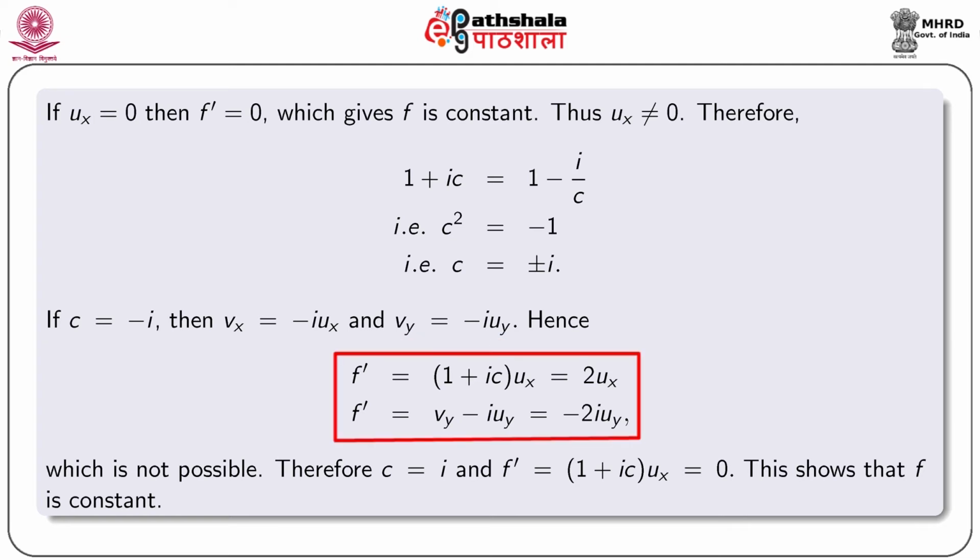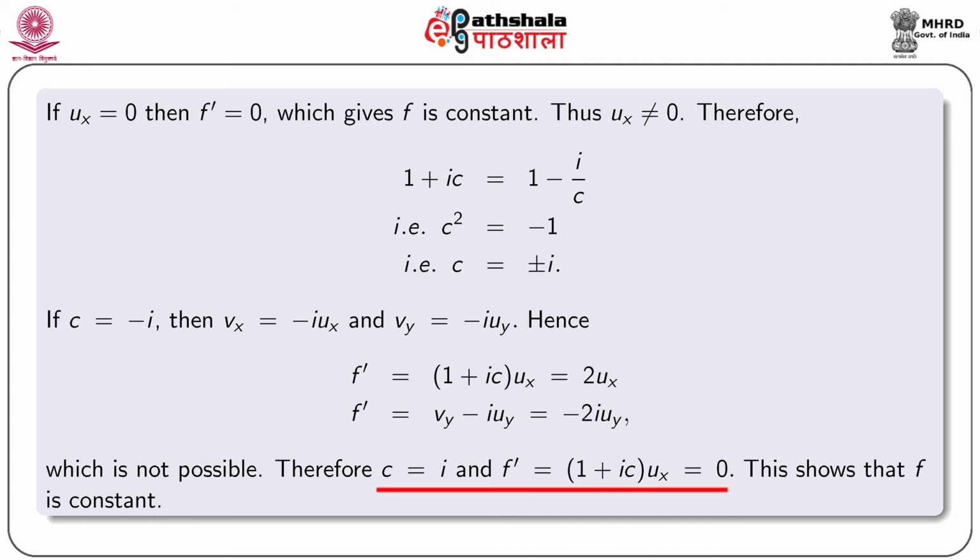Hence, f' equal to 1 plus i into C into u_x, that is equal to twice u_x, and also f' equal to v_y minus i u_y, that is equal to minus 2i u_y, which is not possible, because once f' is real and another time f' is complex. So, this is not possible. Therefore, C not equal to minus i,